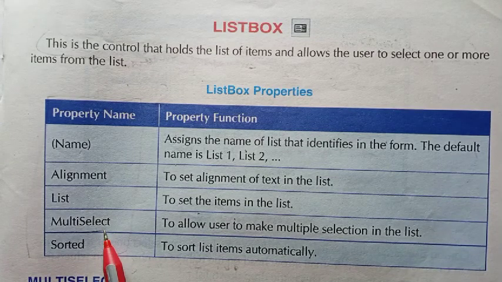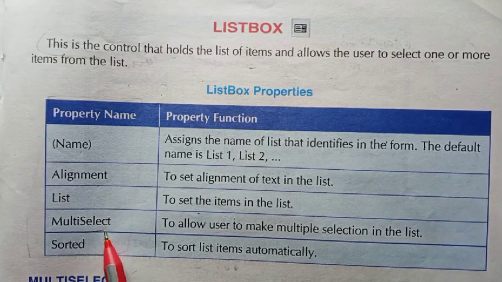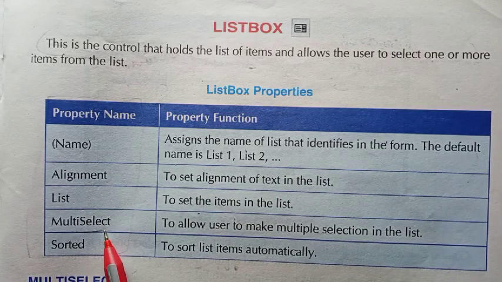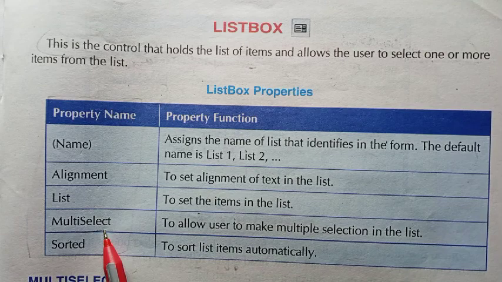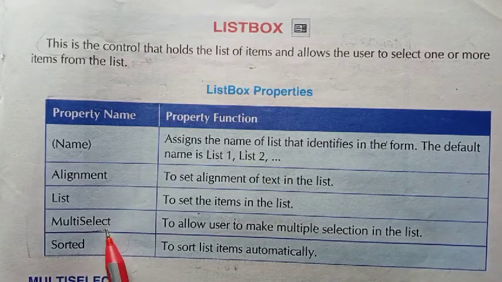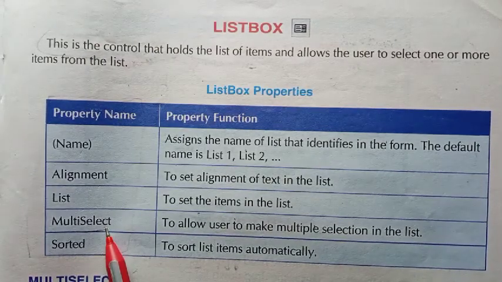Multi-select. Multi-select means whether the user is allowed to select only one option or can select multiple options, more than one option. If you choose multi-select, the user will be able to choose more than one option. Like for example, if I have given fruits, the user will be able to choose more than one fruit. But if I do not give it multi-select, the user will be able to choose only one fruit.